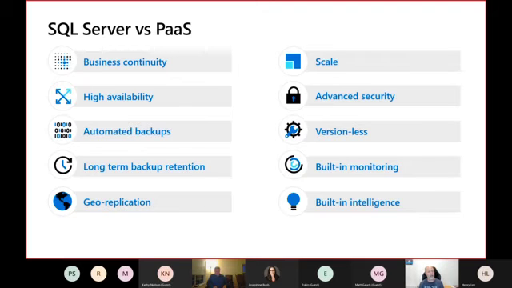We don't need to take care of the backup because there is an automated backup system that works underneath, right? So again, this is something else that we don't need to worry about. Eventually, we need to configure long-term backup retention. We can do it very easily through the Azure portal.